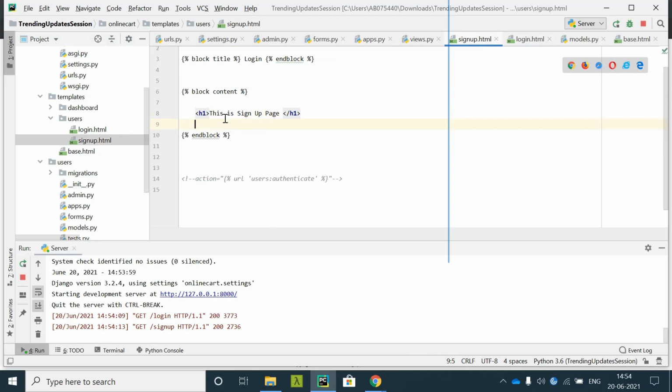Just come over here and say display form. Form. There are two ways of this: dot as p, that means as paragraph.